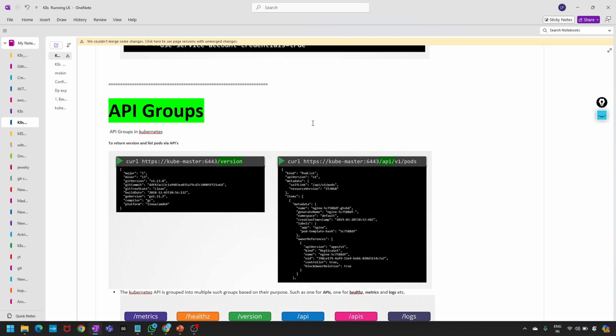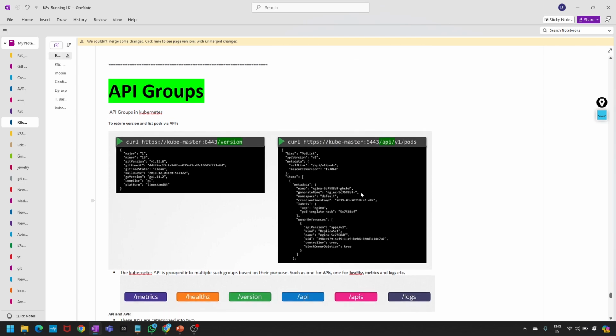If we want to check the version, we can access the API server at the master node address followed by the port, 6443 by default. The API version is v1. This is the default port, 6443. The Kubernetes API is grouped into multiple groups based on their purpose,